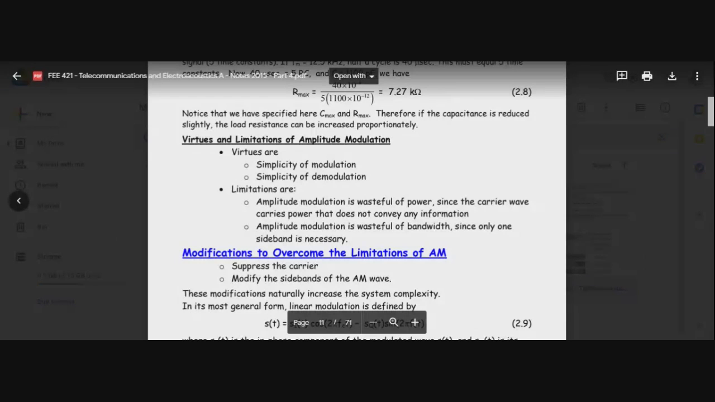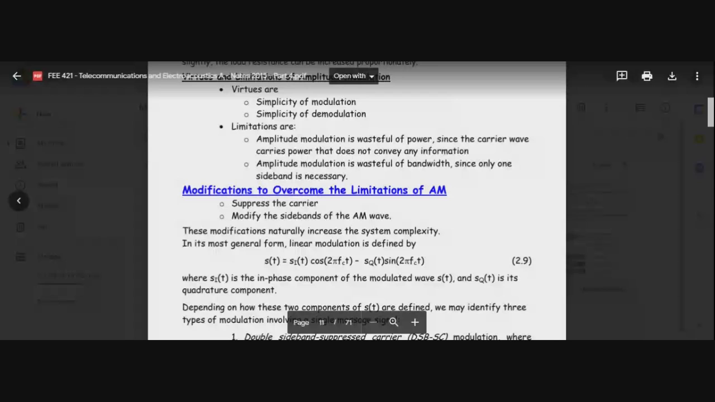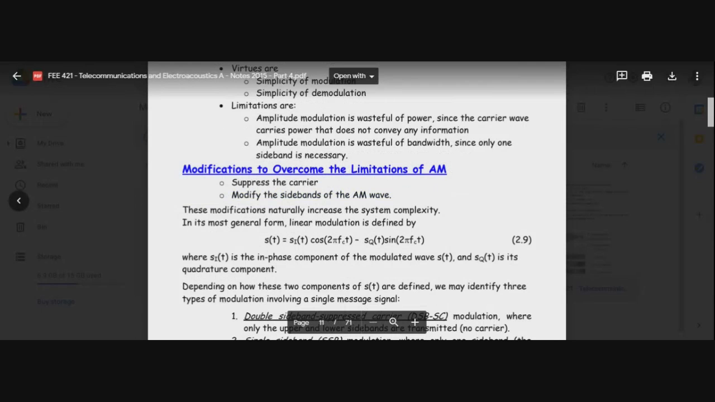So you can modify the sidebands of the AM wave or AM signal. In other words, you could throw away one sideband completely. We'll see why, even though we can mention that as a possibility, theoretically okay, but it's difficult to do